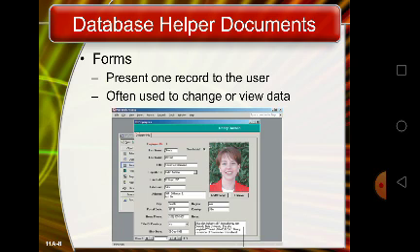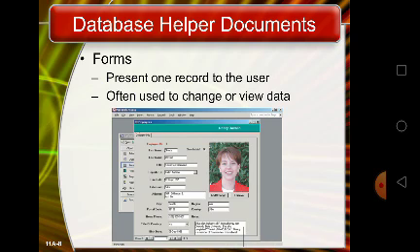For example, you might create a customer report that groups customers by zip code. These extra documents, forms, and reports, along with the tables, collectively form a database, as shown in the figure.